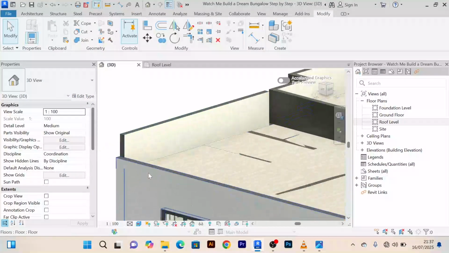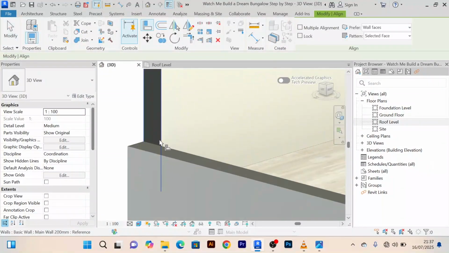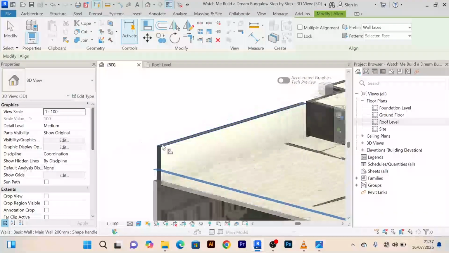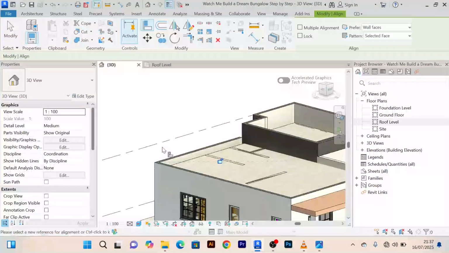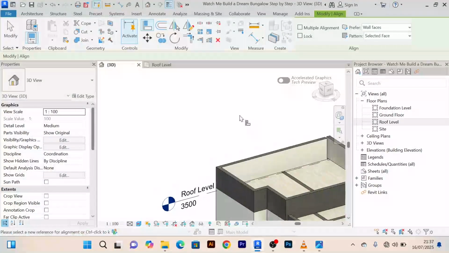We're going to align it with this one here. So I'll come to the align tool. I'll select the upper face of this wall. I'll also select the upper face so that the faces can align. And of course, when I orbit,